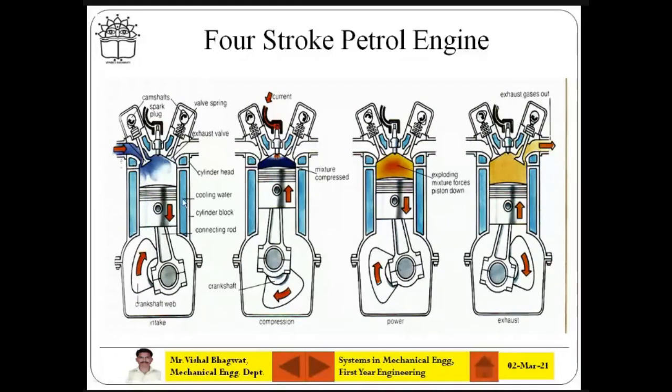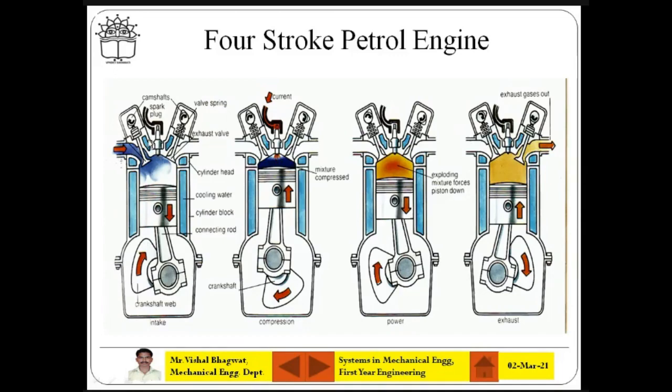See, the piston is actually going down. At that time, a little bit of suction is created here, and the inlet valve or suction valve will be open so that the new charge, which is the fuel plus air mixture, comes in. For a petrol engine, fuel means petrol, so the petrol plus air mixture is the charge. The charge is coming inside in the suction stroke when the piston is going down. That is the first stroke. At that time, you see the exhaust valve is closed. At the center, there is a spark plug. It is not operating yet.